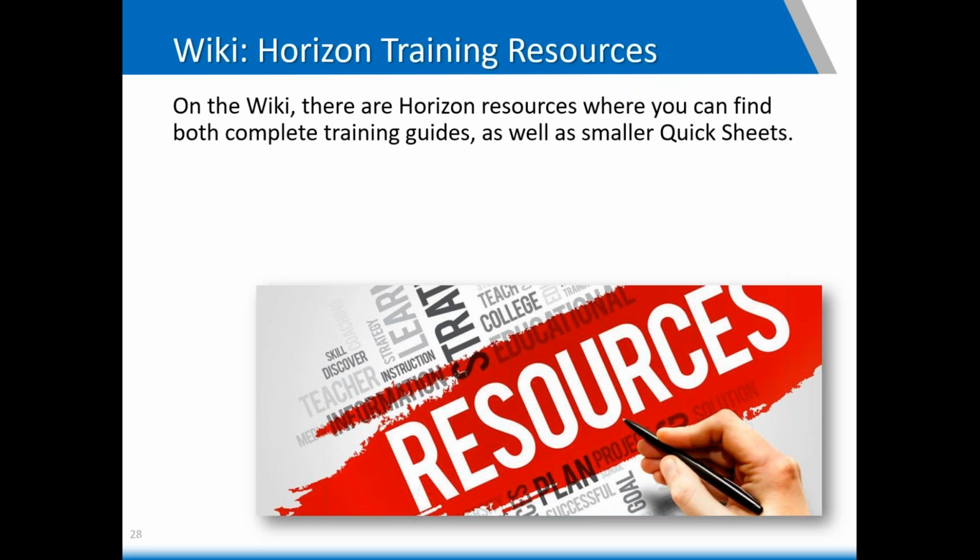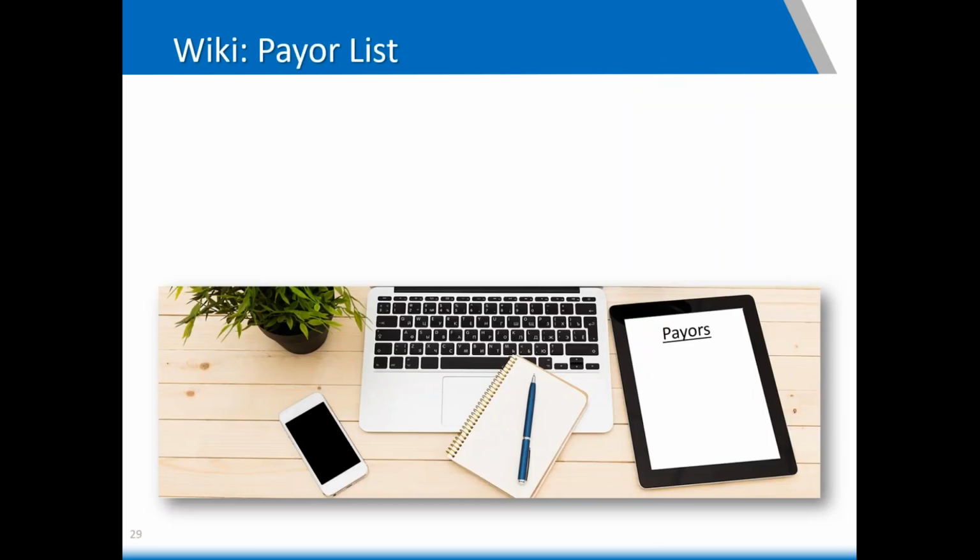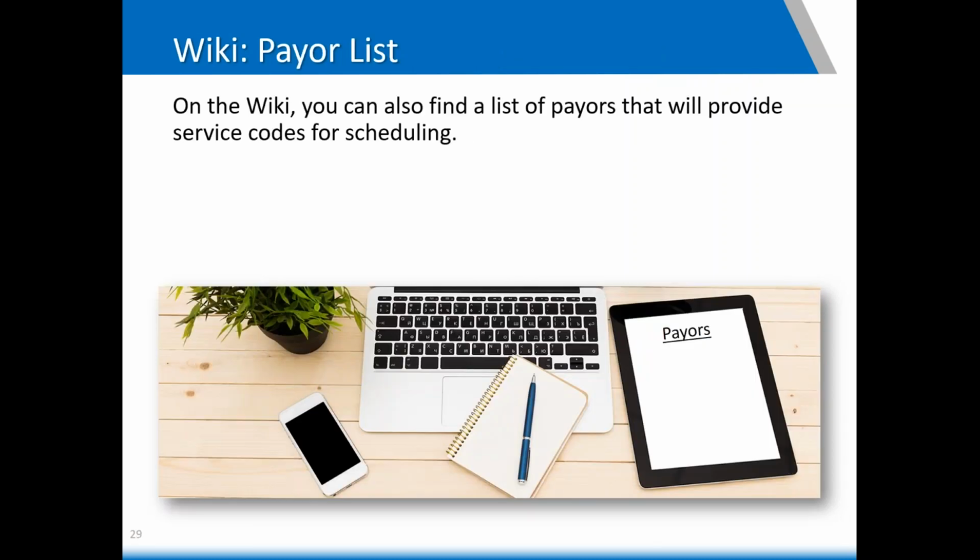On the Wiki, there are Horizon resources where you can find both complete training guides as well as smaller quick sheets. The payer list. On the Wiki, you can also find a list of payers that will provide service codes for scheduling. And it's very important that you know where this is, especially if you're new, because if you're scheduling and you don't put the correct code in,